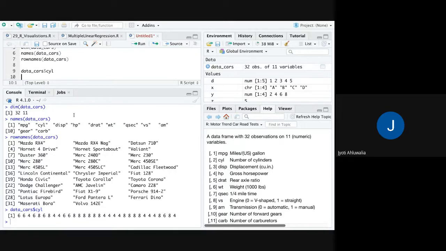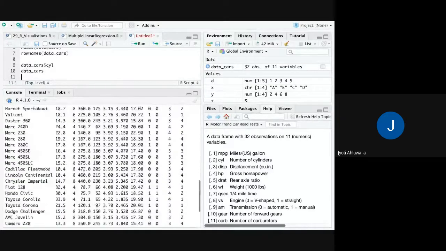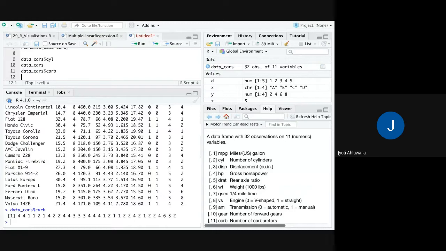If I write data_cars, then the whole data set gets listed. If I want only one column, suppose I want carburetors, I'll write data_cars dollar CARB, which represents carburetor, and only that is listed, right?